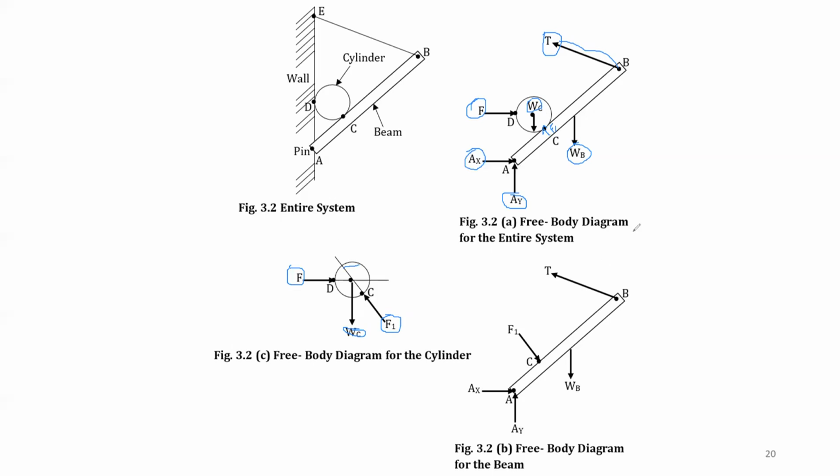Now if you pick the beam alone, then it means that we assume that the cylinder is not there. It has vanished. So we'll draw our beam as it is. On the beam at the point A, we had two reaction forces, AX and then AY. Those AX and AY have been represented. Now the weight of the beam should also be represented, and then the force at the point of contact. You see, mind you, we say that whenever there's